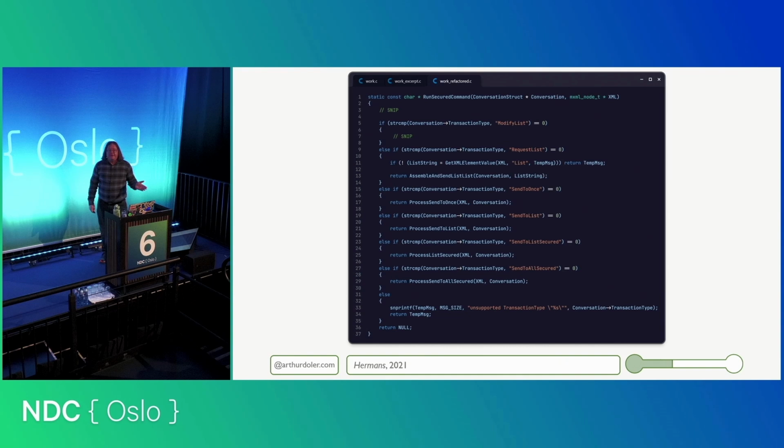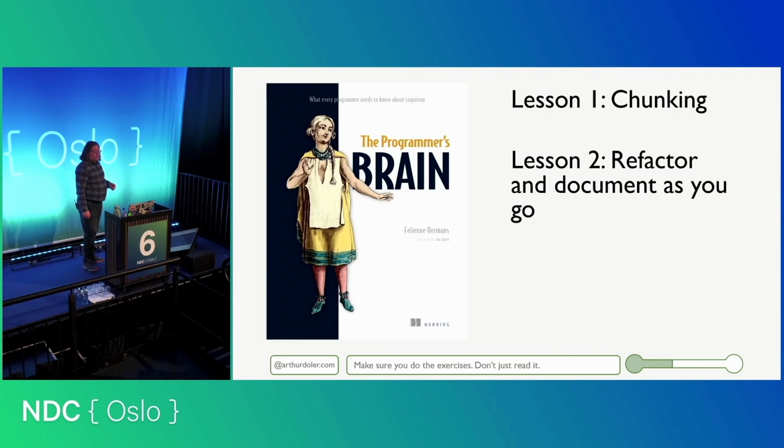The coolest thing about this is you don't have to commit this code. Or you can, but then you don't merge the branch. Make changes as you go, which is lesson number 2. Do your refactoring as you read the code to make it easier for you to read the code. Not because it's better, but because it's easier to read. That lets you then turn around and say, okay, I can actually make more progress with this.